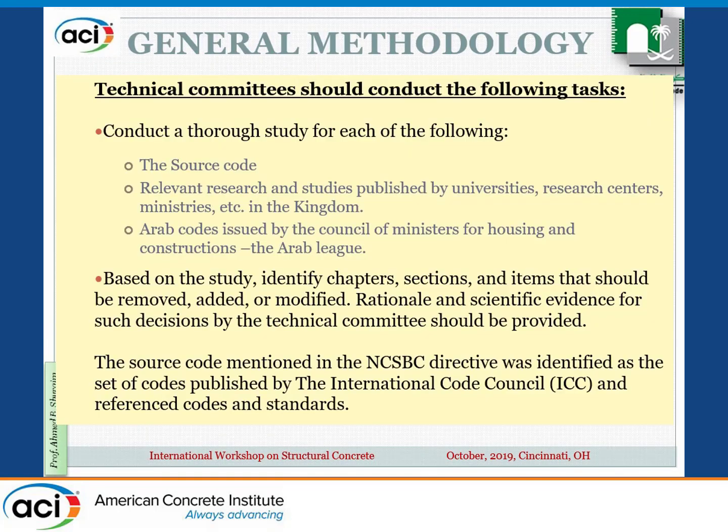The general guidance when we started was simply to make a review of each of the codes we mentioned and to identify what changes needed to be made, whether to remove anything or add something. In a very systematic way, we listed every section and decided, based on that, what the committee would suggest for any changes. That was the general methodology, and based on it we did not have too many changes, but yes, there are some changes.